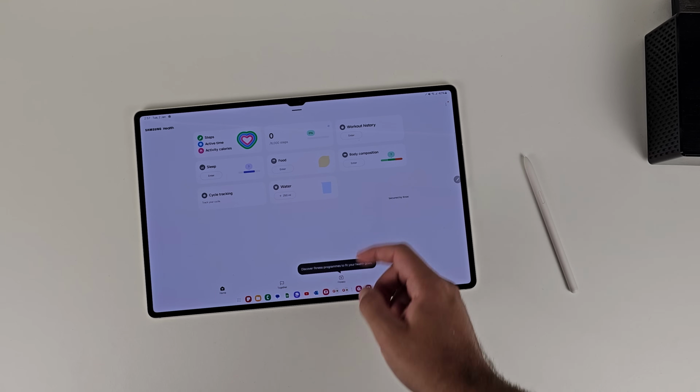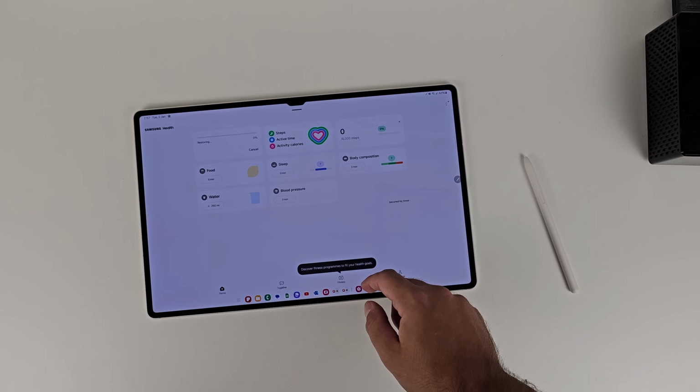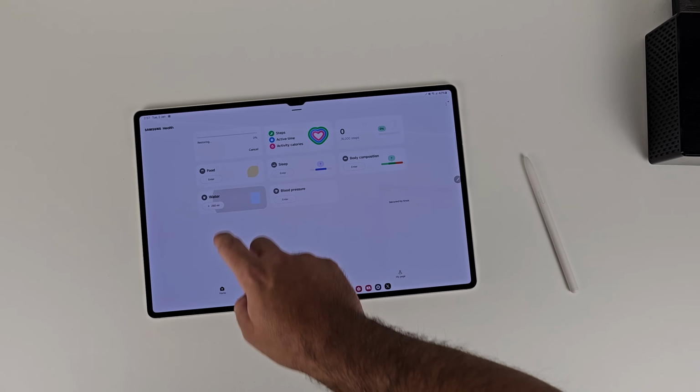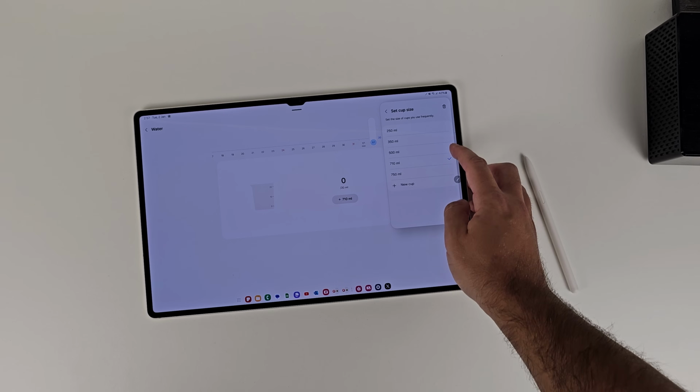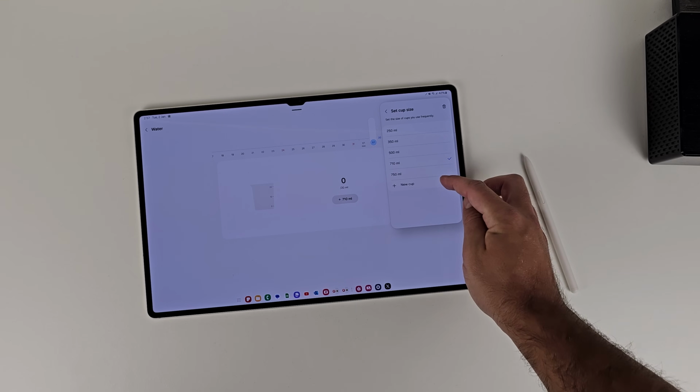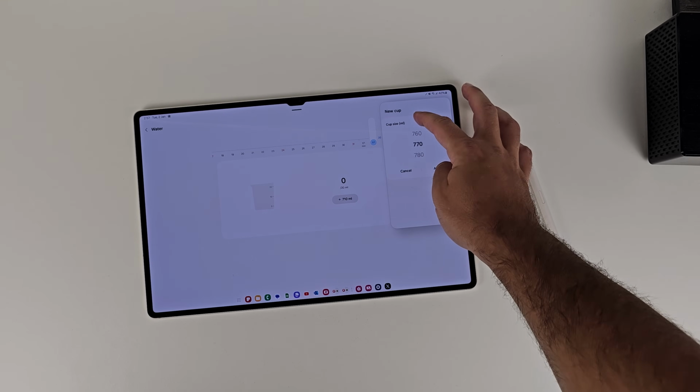The first one is Samsung Health. Now I say that, and it's very much contradicting what I just said. Samsung Health changed before One UI 6, so it could be ready for One UI 6, if that makes sense. Basically, it's got a new interface. The new card style layout is a lot cleaner and more aesthetically pleasing. But the thing that I really like that they've done here is the custom cup size. Hallelujah. If you use Samsung Health a lot and you track your water, it's been fixed to a 250ml cup size